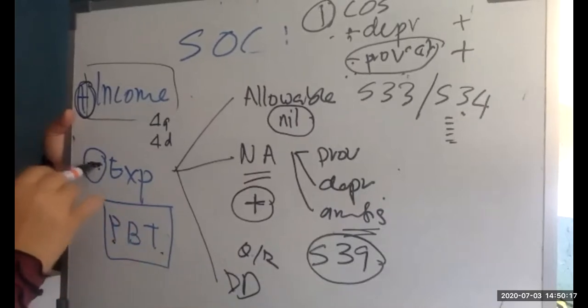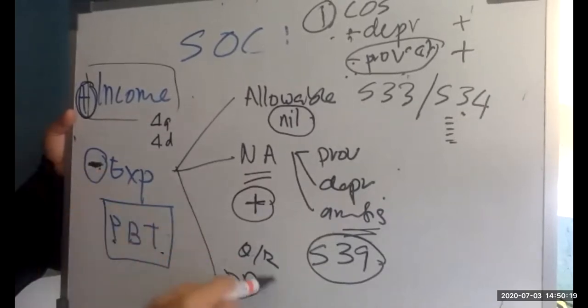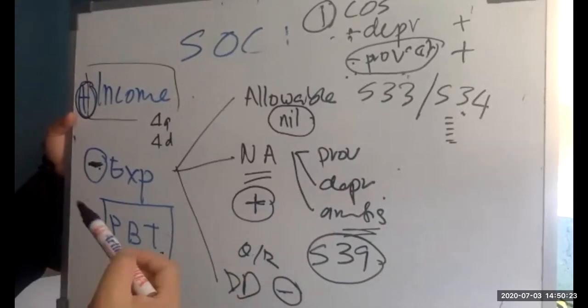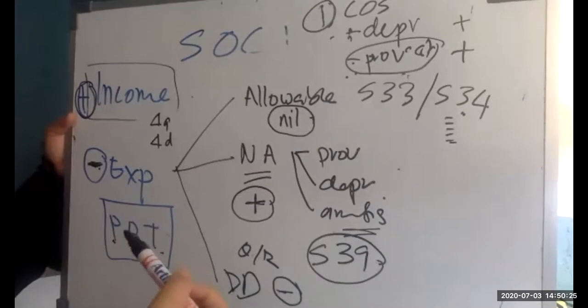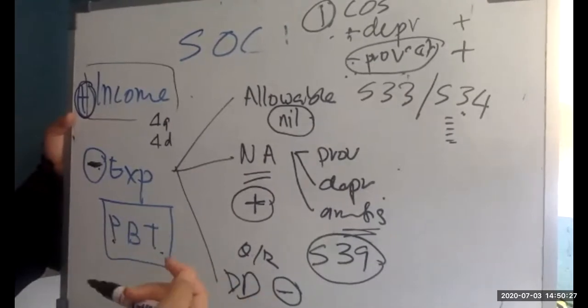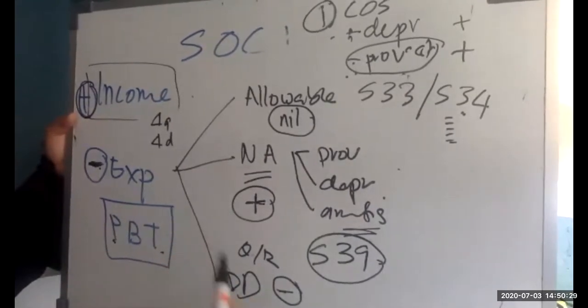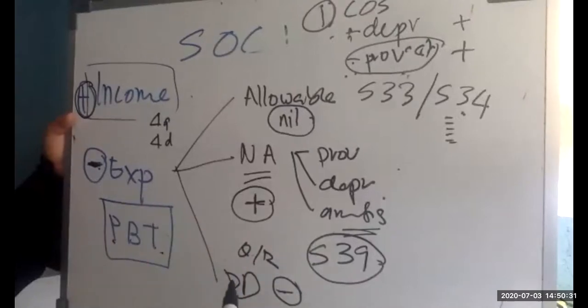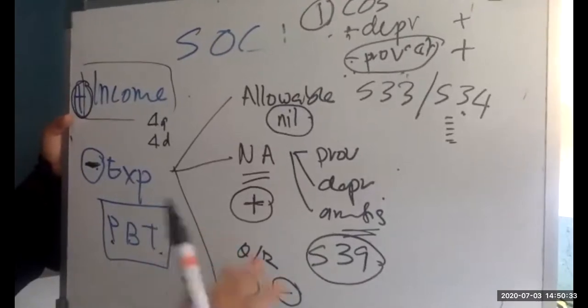You can claim you have deducted one time here, but you also deduct one more time in arriving at your adjusted income. So the same expense you claim twice, right? That's why it's called double deduction. And then you go straight to your adjusted income plus balancing charge, capital allowance.